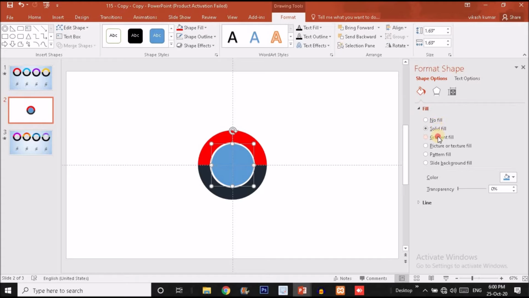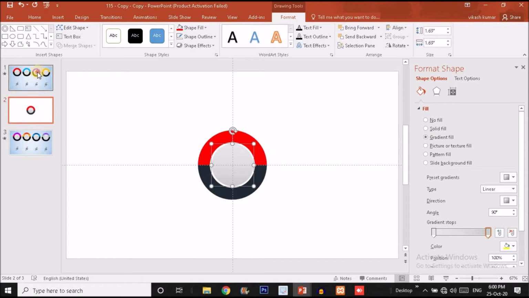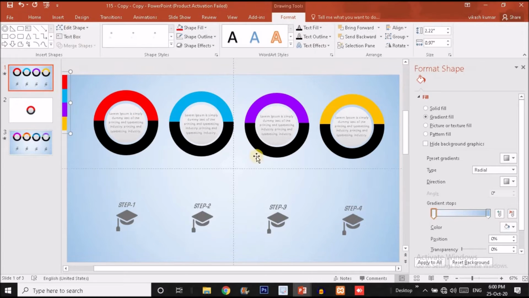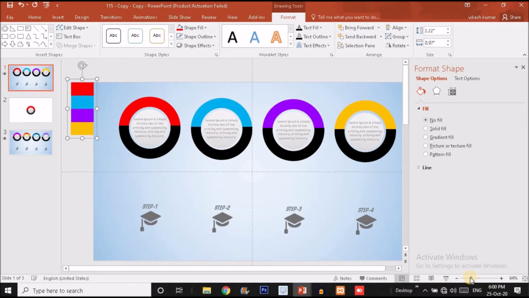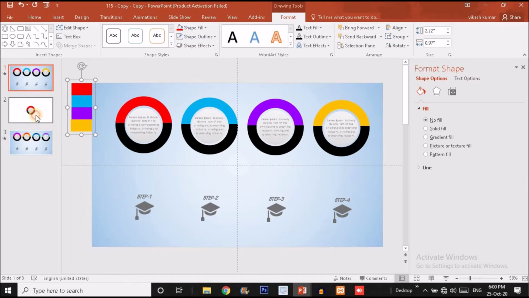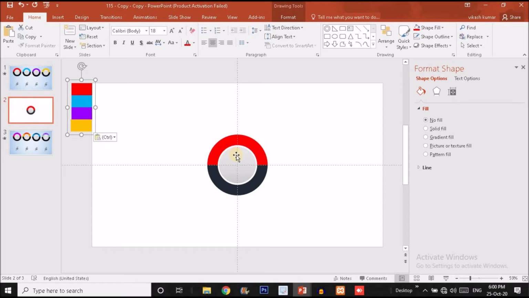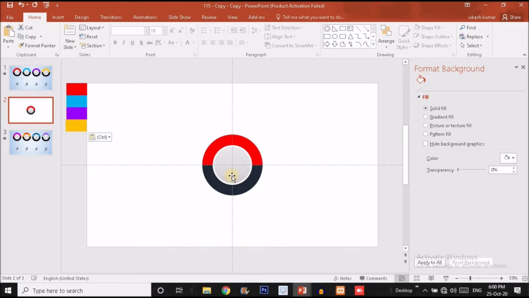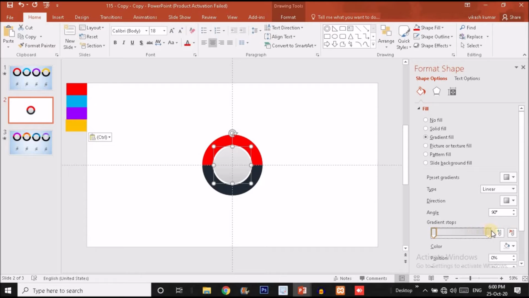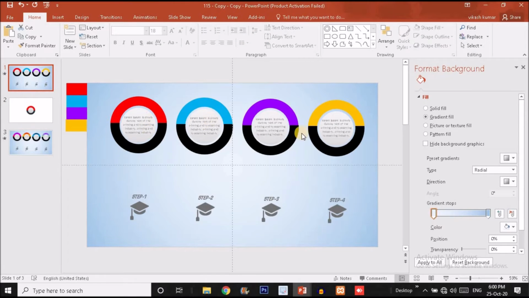Click on the fill option, choose the gradient fill option. And now I'm going to use this color sample over here. So I'm going to copy this color sample and paste it over here by pressing Ctrl V. Now let me take the reference of the previous one. So we will fill it with these two colors. As you can see here, these are the two colors fetched from the previous slide guys, because I just added these two colors in the sphere of these four donuts.